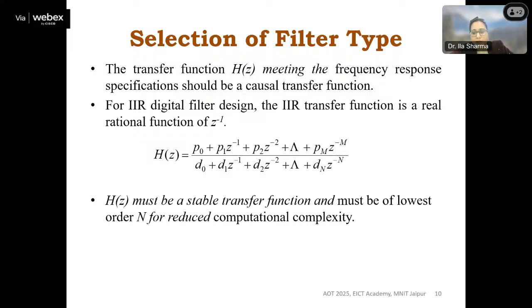This is one example. So this is the basic difference, and you know about the complexity and resources. That is why there are pros and cons, and depending on the requirement, the person can choose whether the filter is made with IIR or FIR, right?